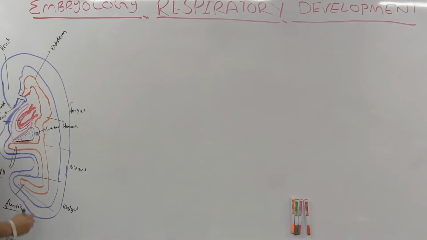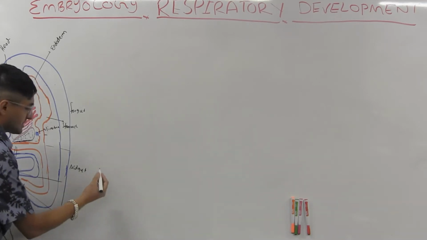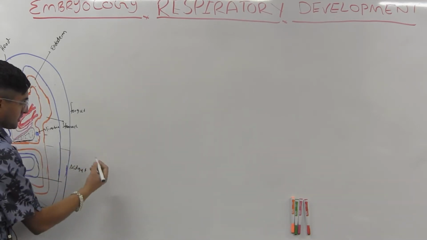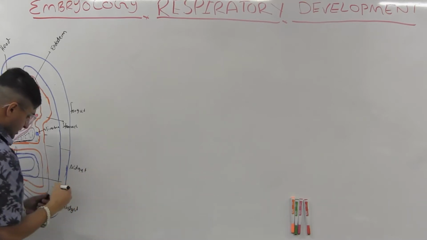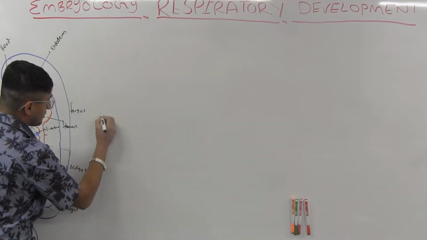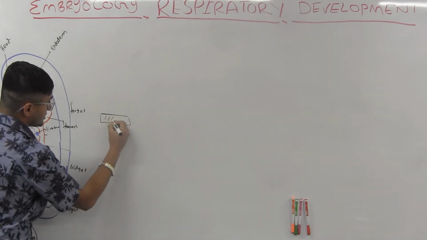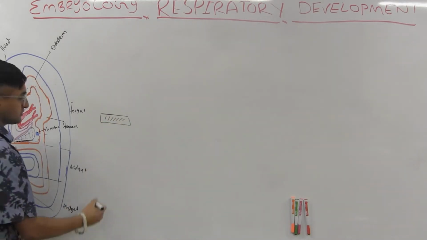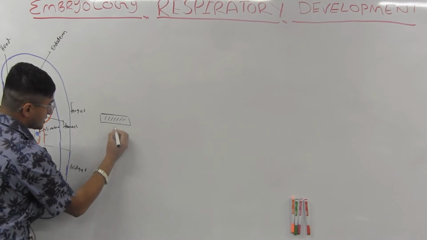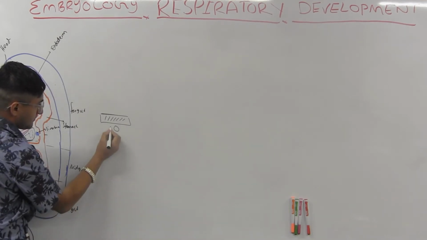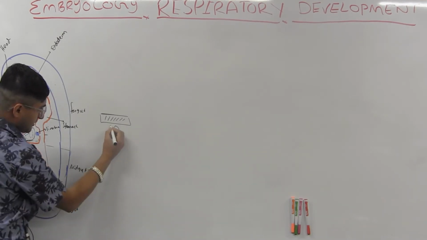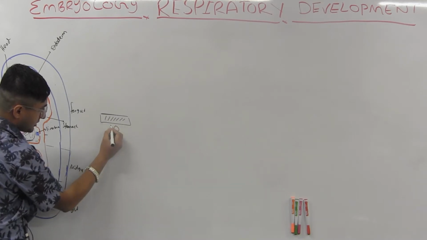At the same time, something else also happens. Let me quickly talk about this. Remember, let's make this one cell right here. First, this is going to be my ectoderm, right? And here there's going to be a notochord, and there's a cell right here. Some of the cells in this area migrate from the ectoderm